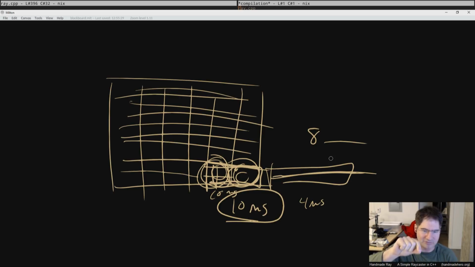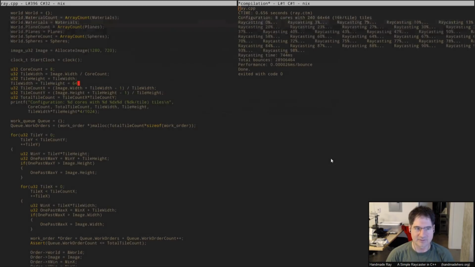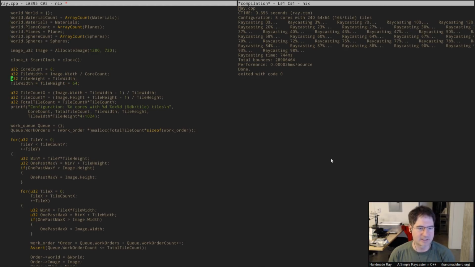You can't make them 1 pixel, because the overhead of dispatching the pixel, that locked increment and all that stuff, starts to get in the way. So, just something to be aware of. So we may want to just sort of prescribe the tile height here, like